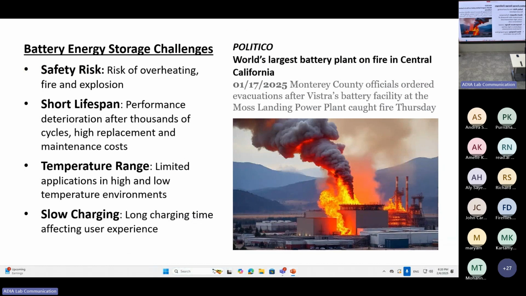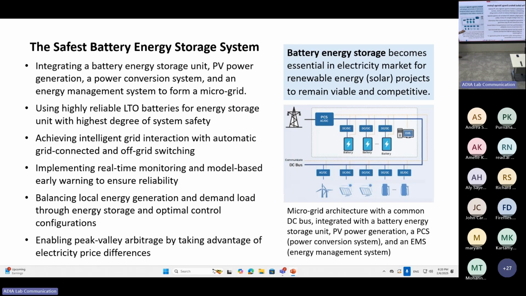Before coming here, I just checked, and something happened this year. The world's largest battery plant caught fire in Central California, unfortunately. They are using batteries which can catch fire, and as you see, catching fire. Next one. For our system, we are building, again in collaboration with a reputable startup company,